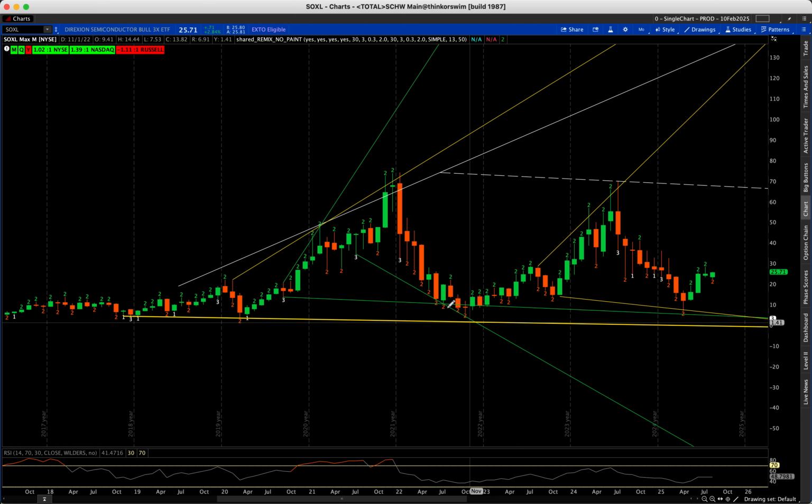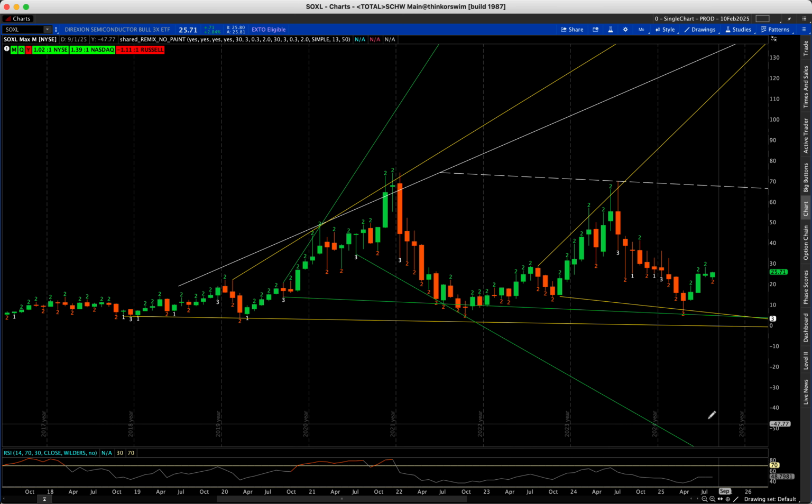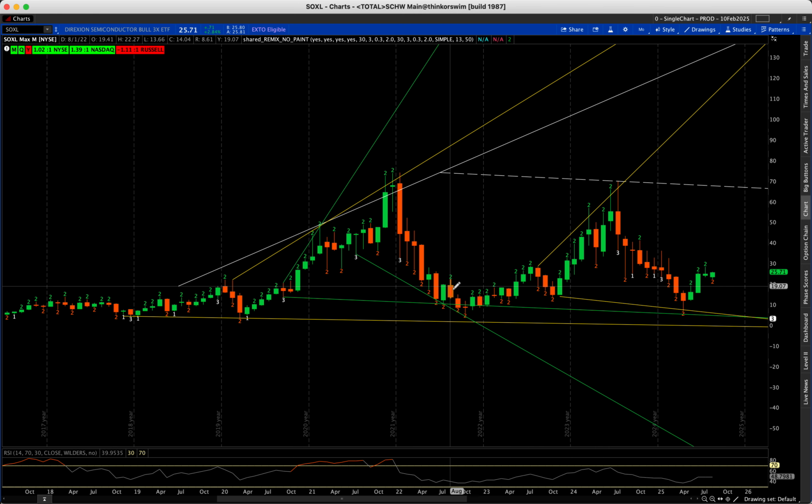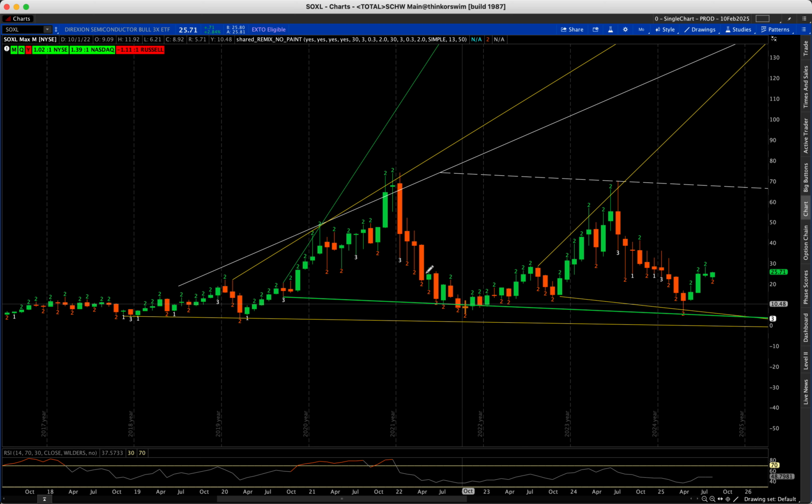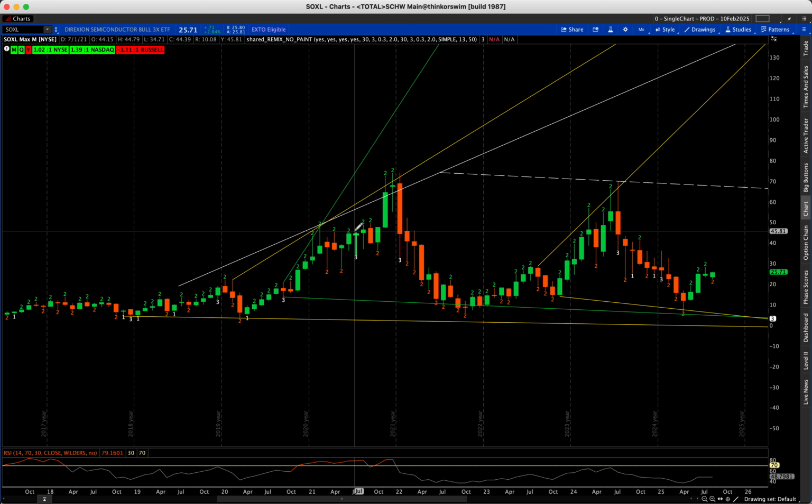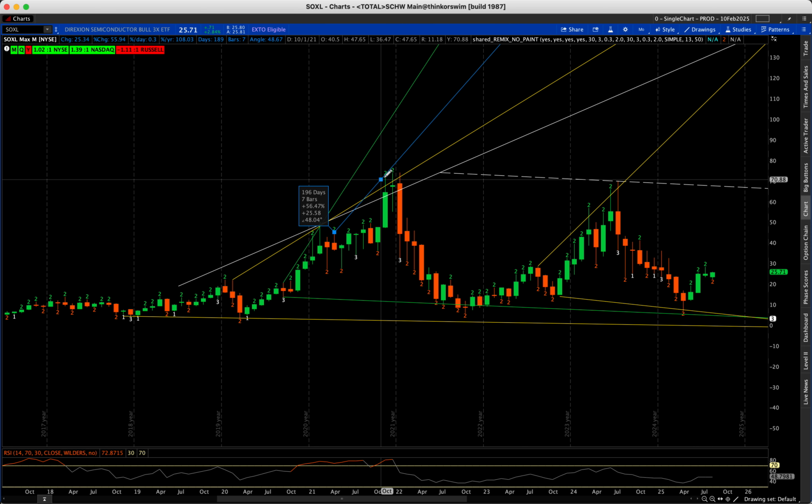So we're not going to leave this one out here because, again, it takes you into negative territory, but it just displays how you do get these bounces. Even if they come through this older one, you look for the newer one to be that support. So we'll remove that because, again, it goes into negative territory. We can take this next one